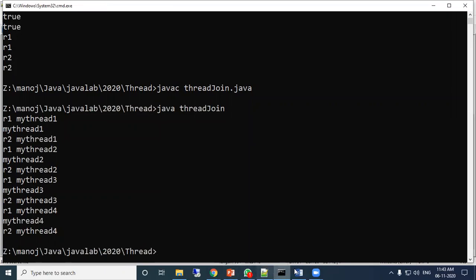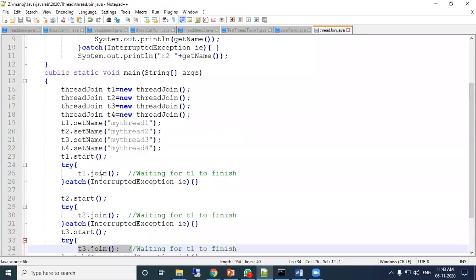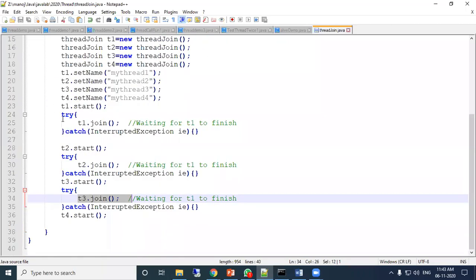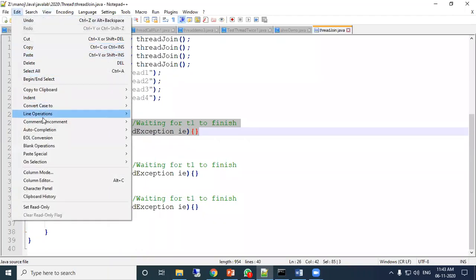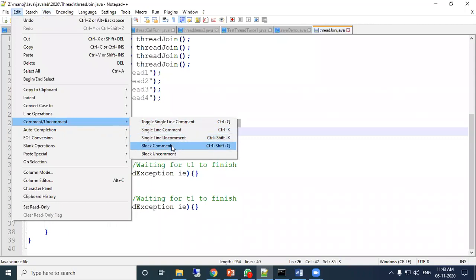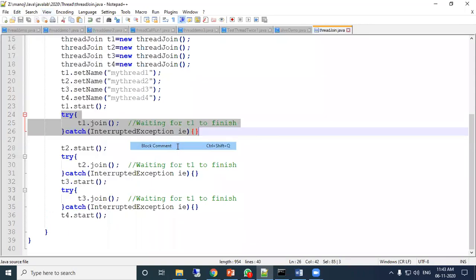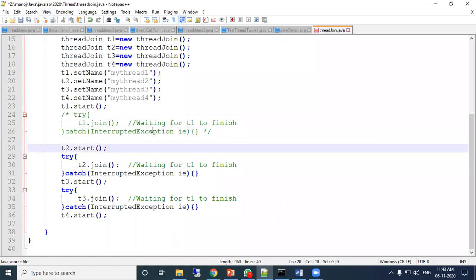Okay, now let us see here. I will just comment out this part. I made it remarked.